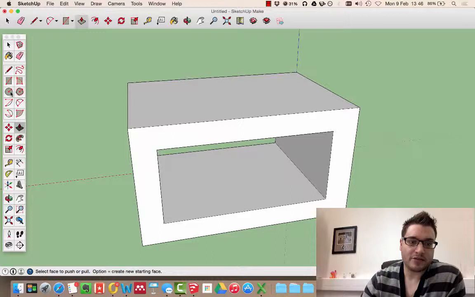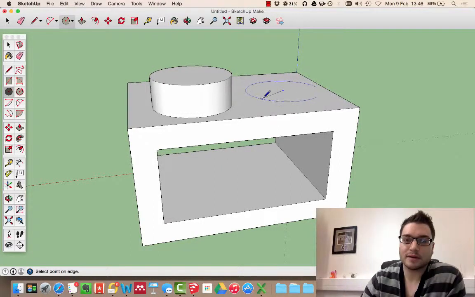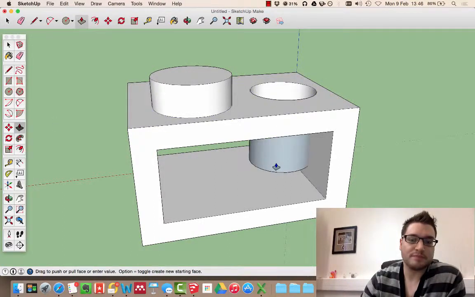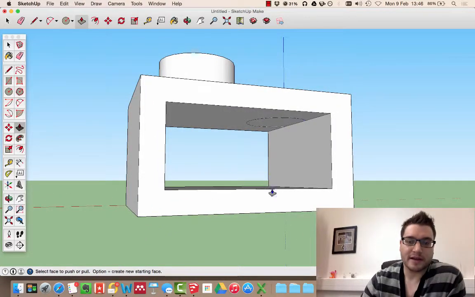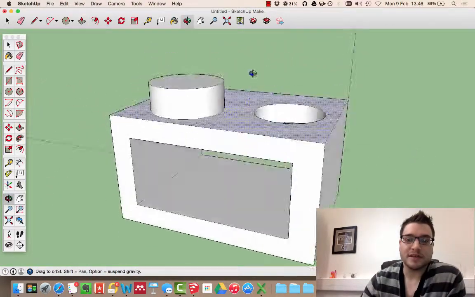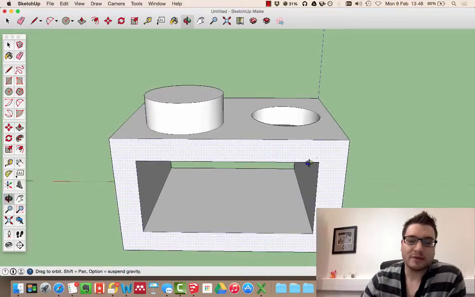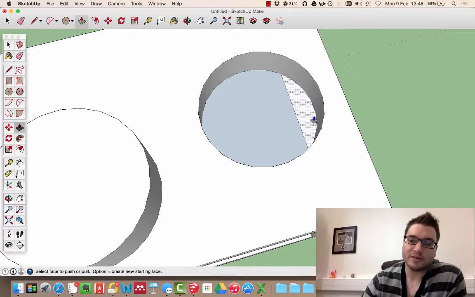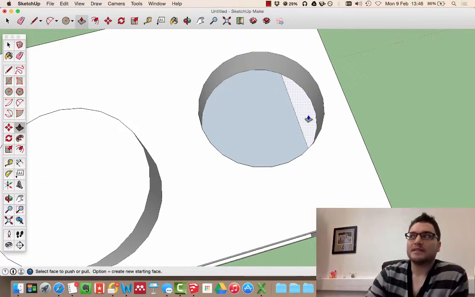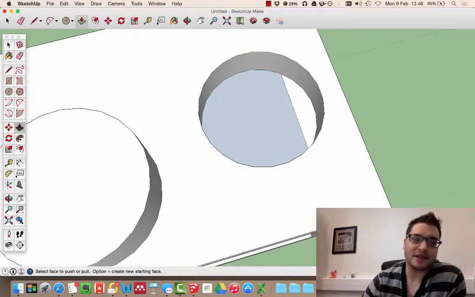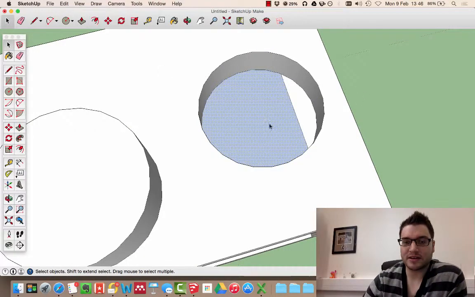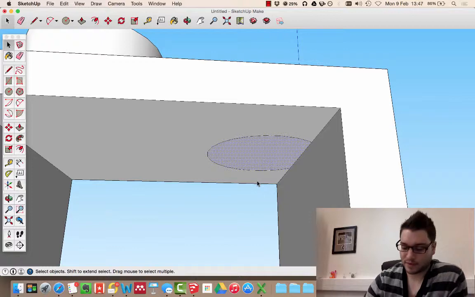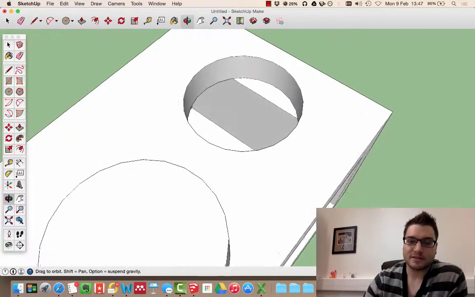I can do it again here on the top, so draw a circle, and this one I can pull up, draw another circle, and this one I pull down. If I click over there, click on face, you'll see that it's almost done it. What's happened is that because it goes down through the wall, it's cutting bits, but it's not fully cutting it out. That's very simple. I can just click on that section there, press delete, and